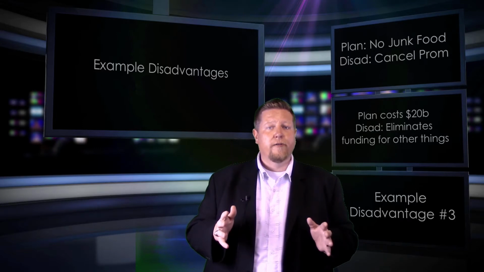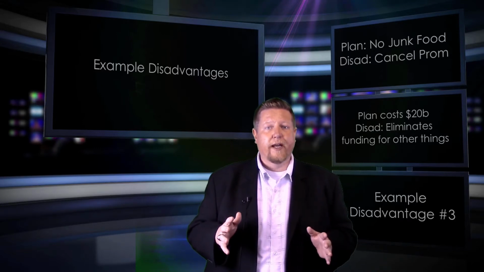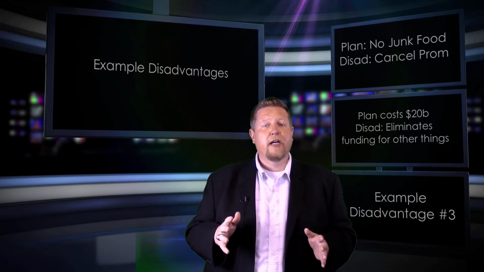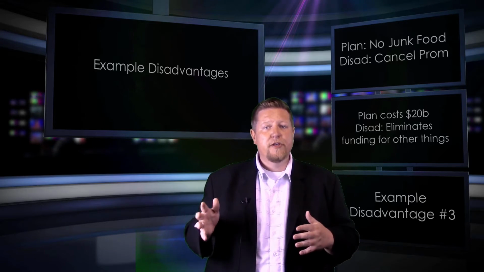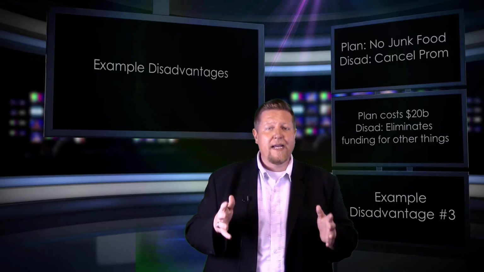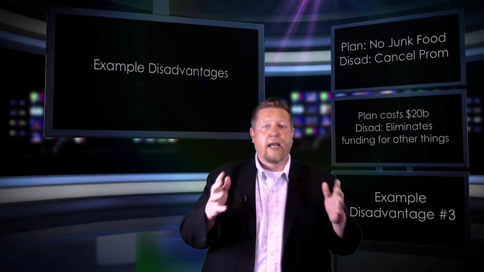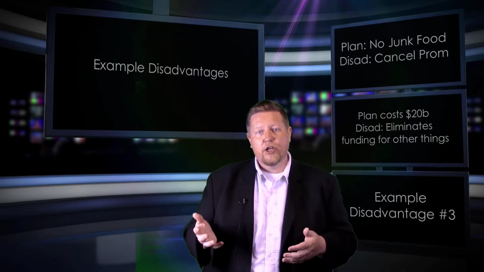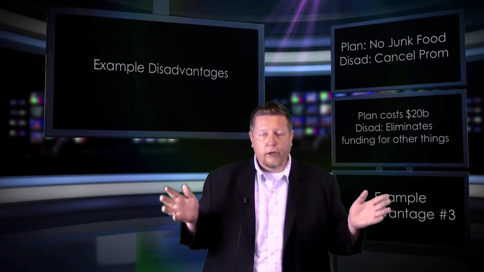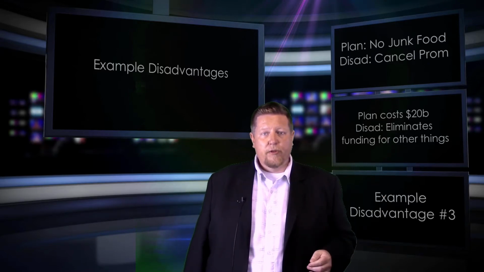This is called a trade-off disadvantage, and the thesis of this disadvantage is that the affirmative plan causes money to be cut from important programs, which means that no matter how wonderful the affirmative plan might be, paying for the affirmative plan would indirectly result in a rise in cancer, a decrease in public education, or an increase in teenage smoking, for example. Example number three.